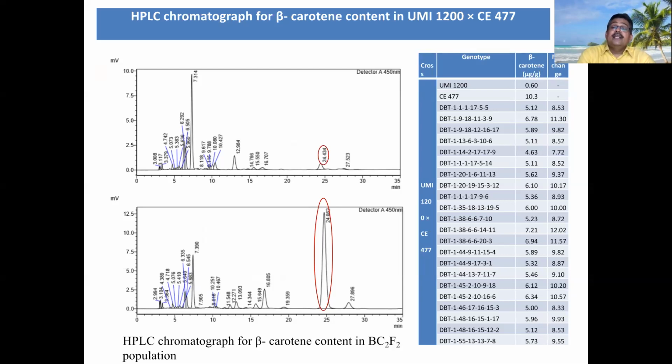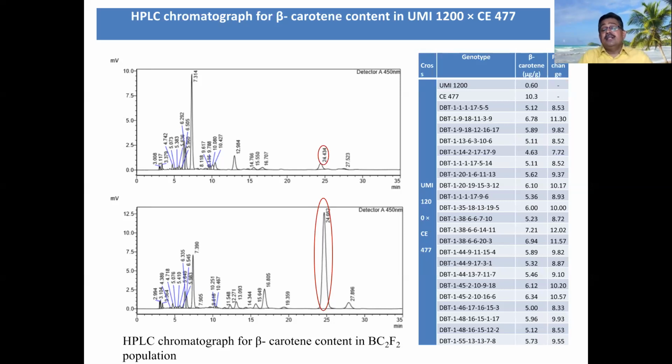If you want to check the converter lines, normally people go for either BC2F2 or BC3F2. If you applied rigorous selection in BC1 and BC2, then you can easily isolate the progenies in the BC2F2 itself. Or sometimes the recurrent parent genome is not properly substituted, so they go for one more backcross in order to get better recovery of the recurrent parent genome. So that is the thumb rule. Normally they go for BC2F2 or BC3F2. Okay. Right. Now you have the stabilized line.